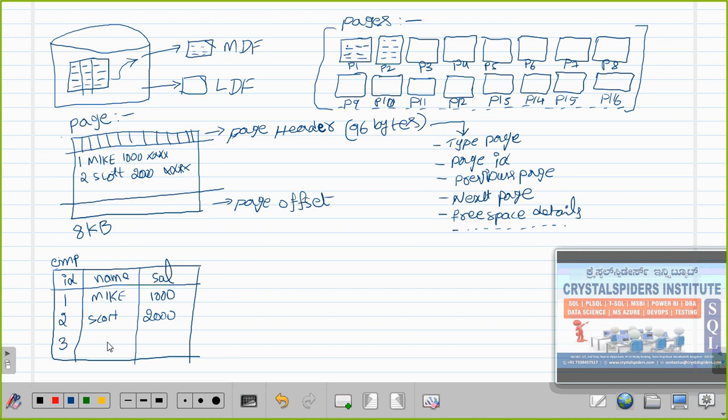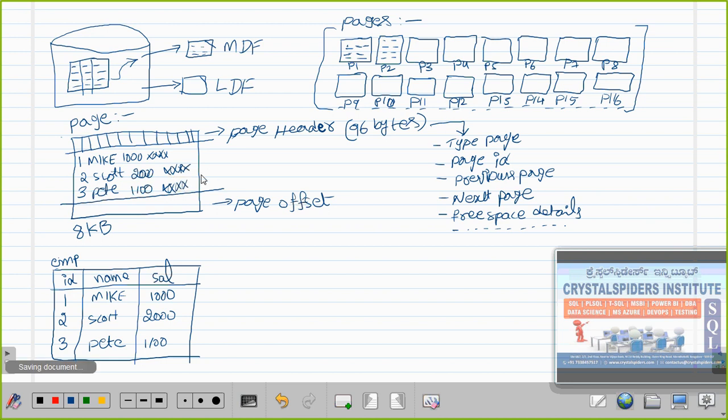And let's say the third record, PT, and salary is 1100. This third record will also be stored here, the PT, 1100 and the record ID. So every record that it stores inside the page will have its own internal ID. This XXX refers to the ID of the records. We don't have control over that. We can't even see those IDs. It's for internal ordering purposes. It will maintain these IDs to identify a particular record.